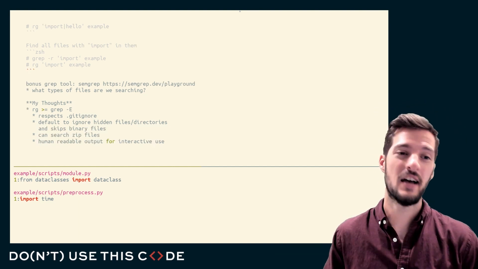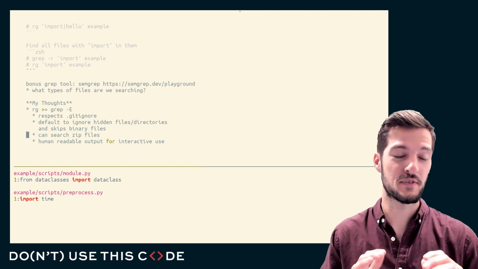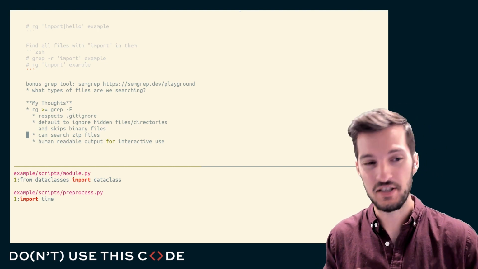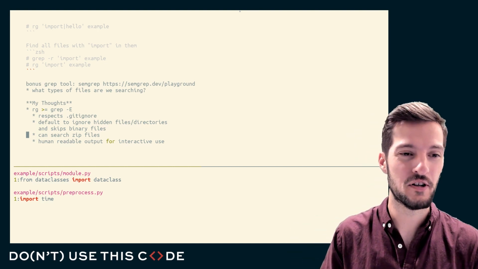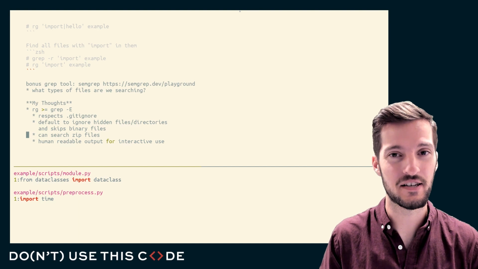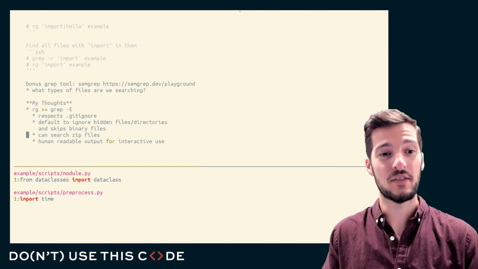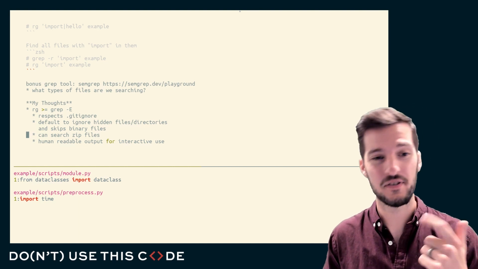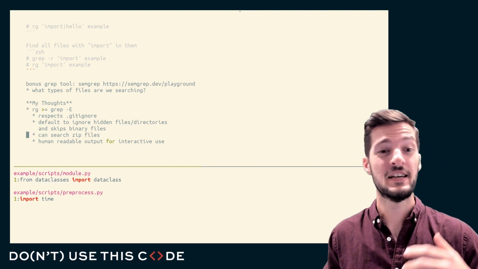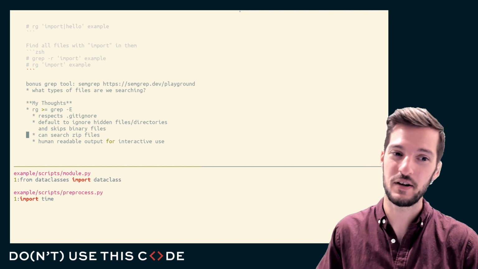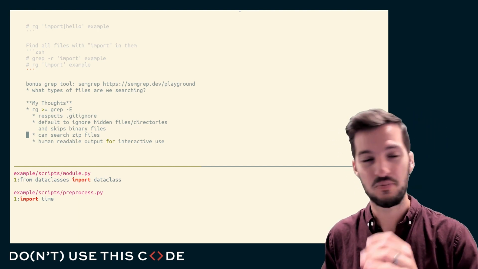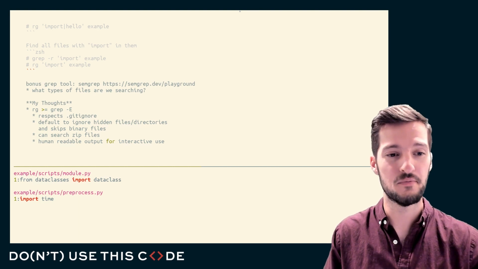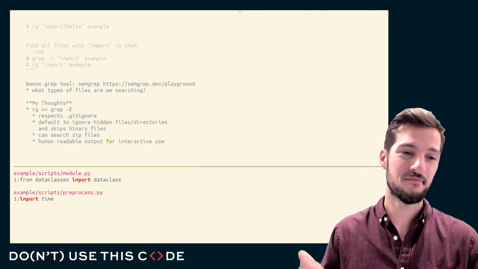So my thoughts, I really liked ripgrep. Ripgrep was fantastic. It's at least as good as egrep. Honestly, base grep, kind of out the window for me. I really like extended regular expressions. But the thing I love about ripgrep is all those nice modern features: it respects .gitignore, defaults to ignoring hidden files. It can actually search zip files too, which is very handy. It'll temporarily unzip it for you, parse the contents, and return anything that matches,